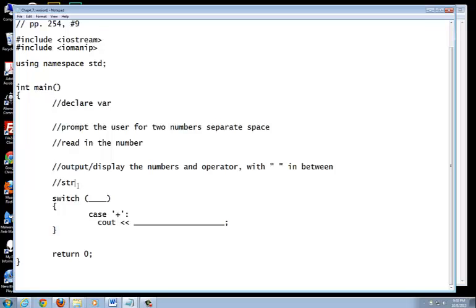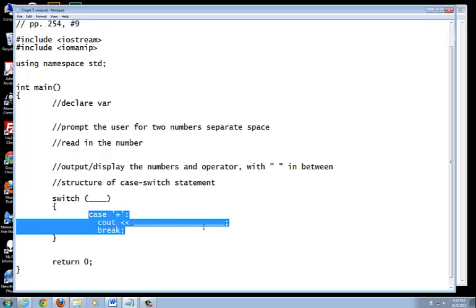Structure goes of switch, case switch statement. Okay, so you're going to do this. This is very important, you need to have what's called a break in this. So you've got to have a break after the cout. If you don't have a break, if you remember, what happens? It's going to drop down to the next one, right? So you do this for the case